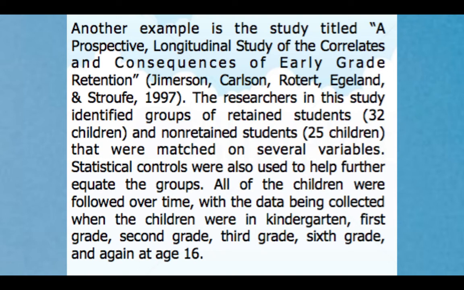Statistical controls were also used to help further equate the groups. All of the children were followed over time, with the data being collected when the children were in kindergarten, first grade, second grade, third grade, sixth grade, and again at the age of 16. So based on this study,